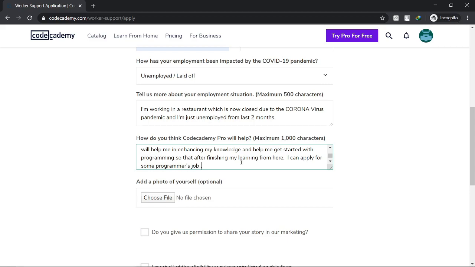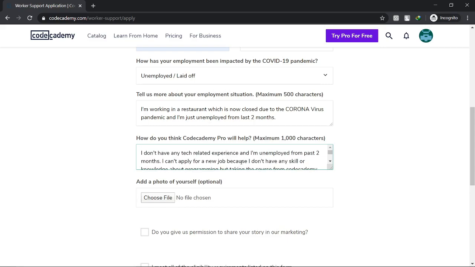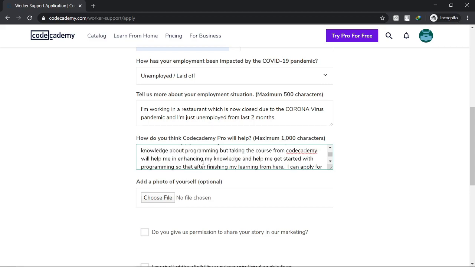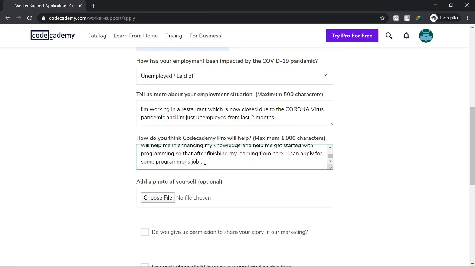Just make sure that you don't copy the whole stuff here, because if you just copy the whole stuff, then it may seem that you are just a bot or maybe a fake user and your scholarship may not arrive. But in maximum cases, they are providing the scholarship to all of the students who ever apply for the scholarship from this link. So this is what I have written. You can also write something like that, or you can just edit this text and add 1 or 2 more lines here.